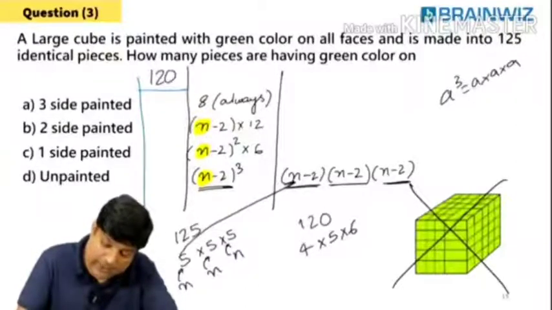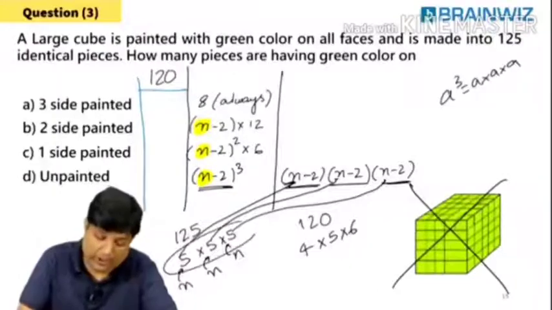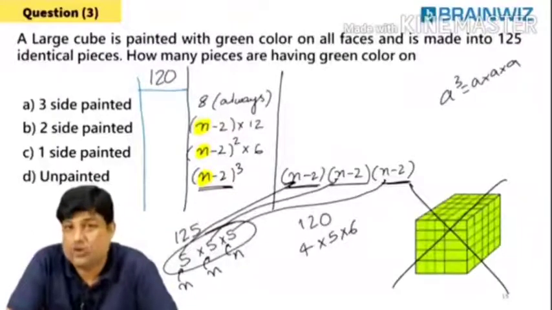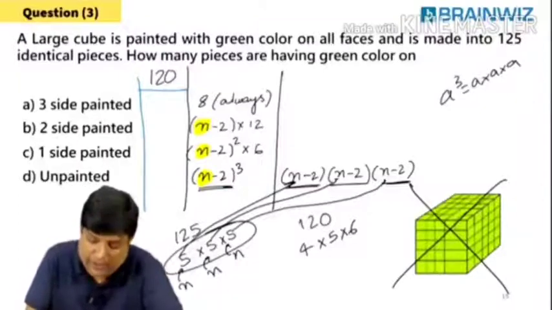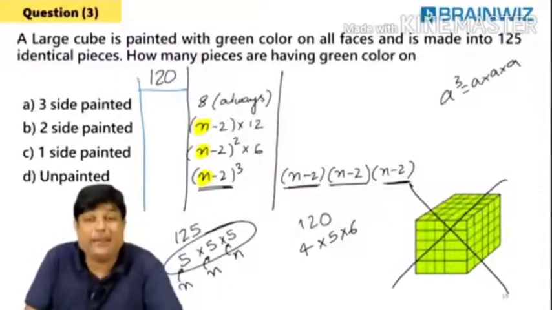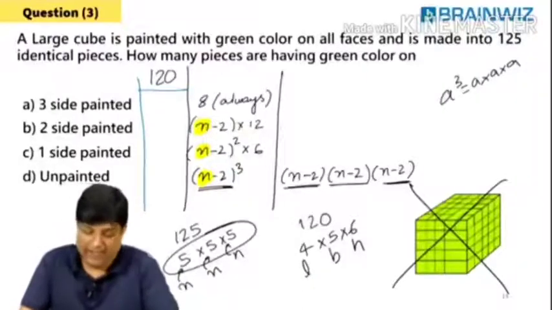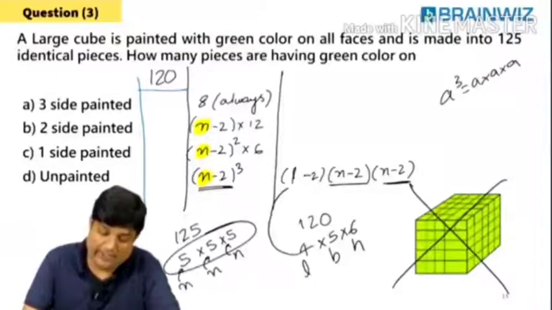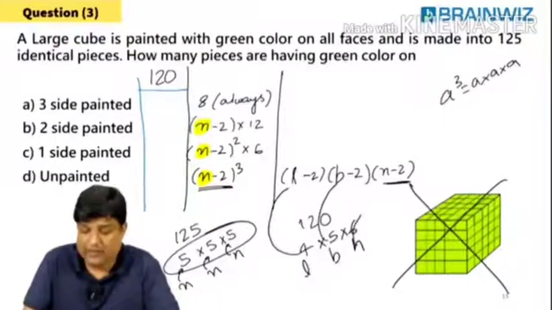This 5 you kept here, this 5 you kept here, this 5 you kept here. Try to understand. You have taken all the 3 people here also. No, all the 3 people you have taken and substituted. Here also you are supposed to take all the 3. देखो. But यहाँ पर n नहीं होता है. L, B, H. Formulas are slightly changed. This value you keep it here, this is L. This value you keep it here, this is B.